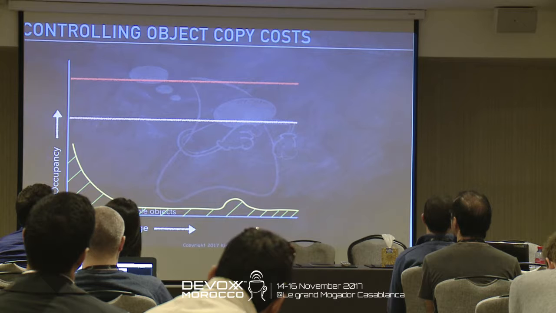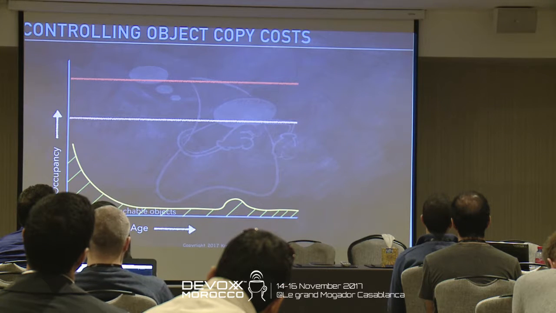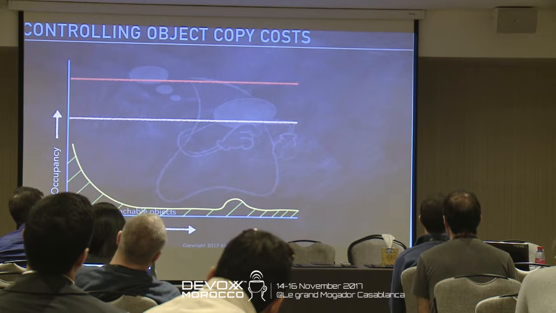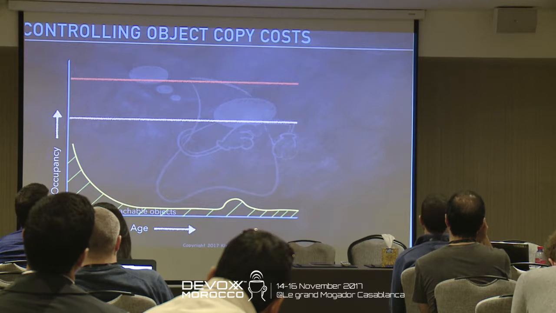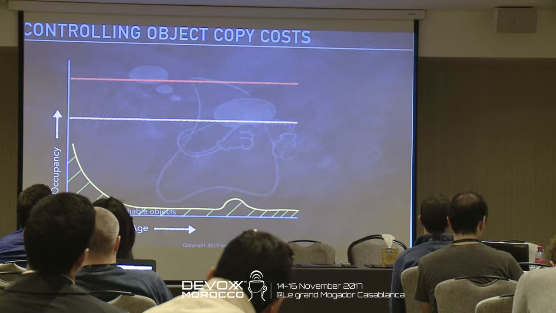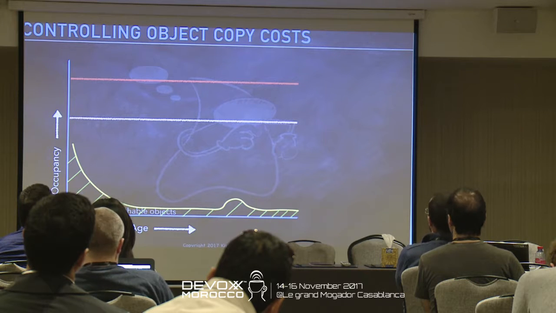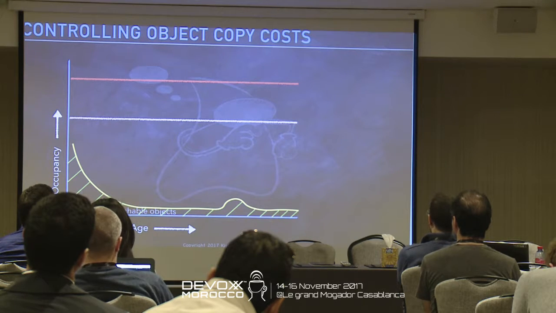So in this collector, why do we go through all this trouble of coming up with such a complex collector, right? Well, the cost of a young generational collection in generational collectors is dominated by the number of live objects in most cases. Here, we've moved that property of being dominated by the number of live objects into tenured. So the overall cost of a collection is dominated by the number of live objects. And this chart says that's approximately constant. And since we're copying that volume of data on each collection,